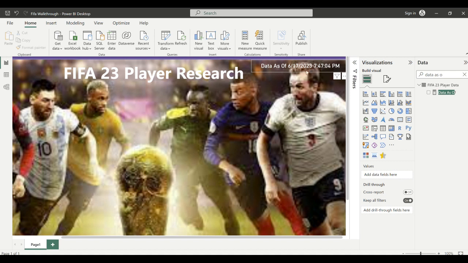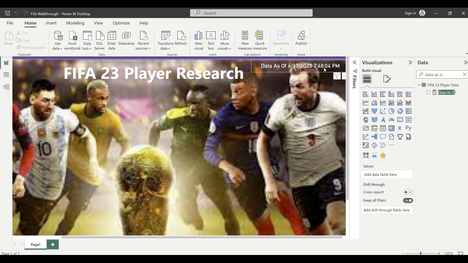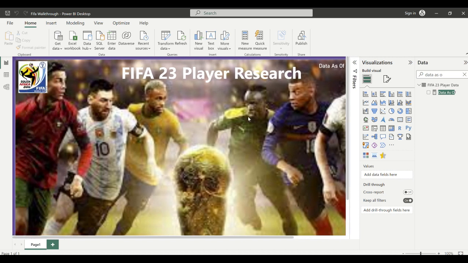So let's see what the time is right now. When we first wrote the measure, it was 7:47. Let me click refresh and we'll see that the time will change. See, now it's 7:48:04. If I click it again, it's going to change. So now that we're done with the top,